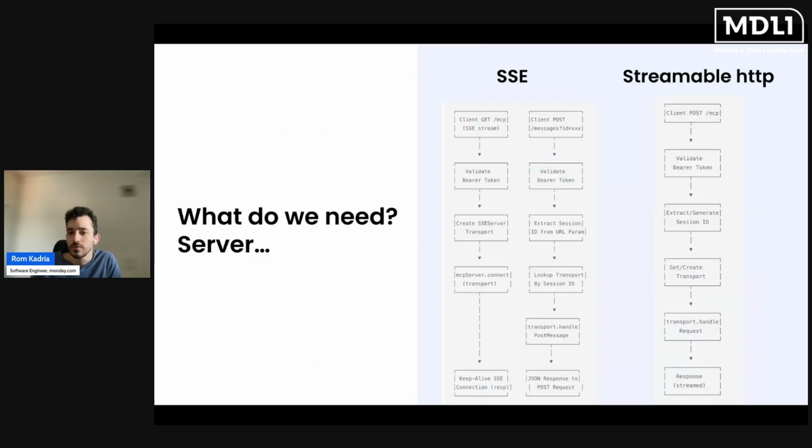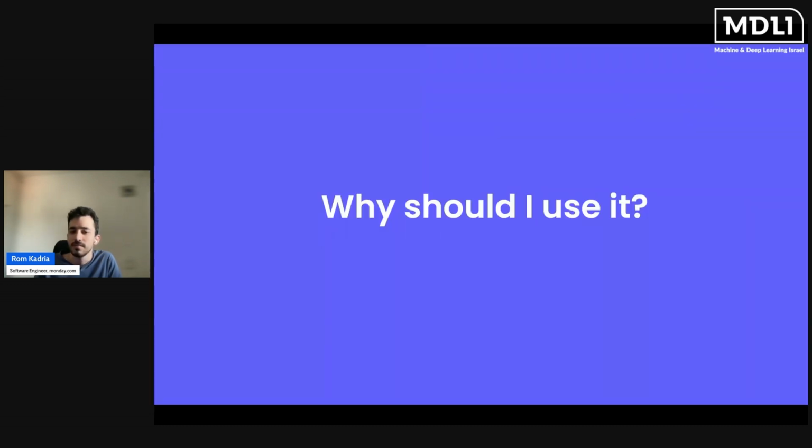Obviously, in order to do this, we need an operating server that implements one of the MCP standards, whether it's SSE or streamable HTTP. And we're going to go a bit more in depth at the end on how you can do it. So why should you use it, or why should you invest the time in changing your infrastructure